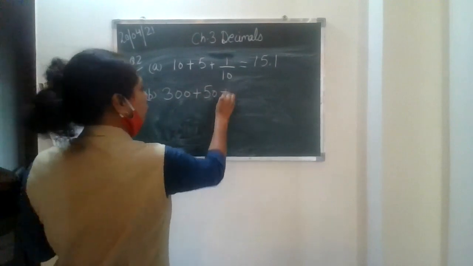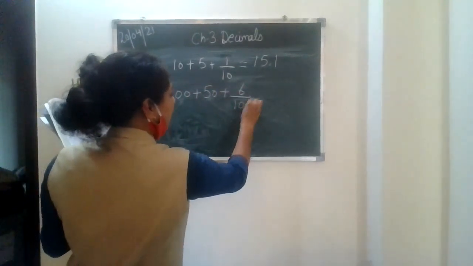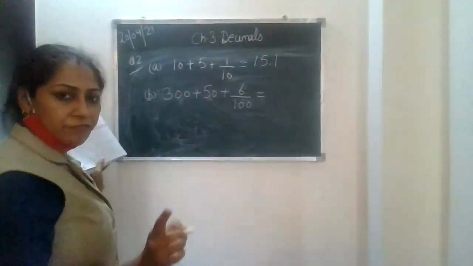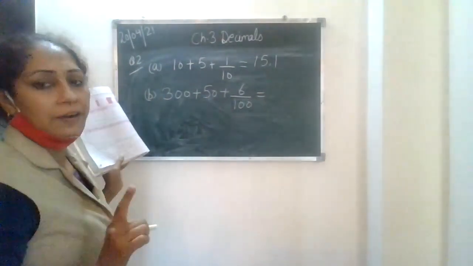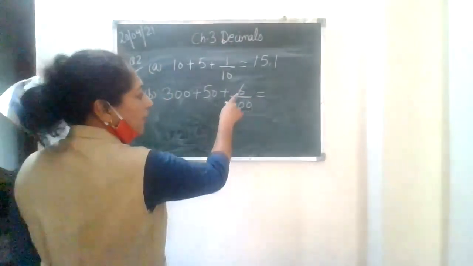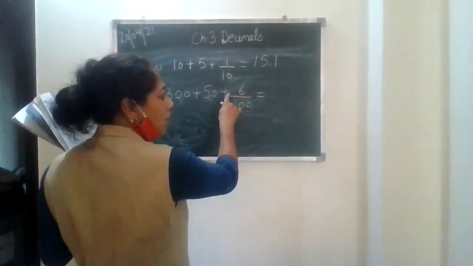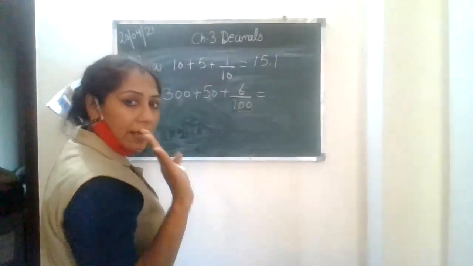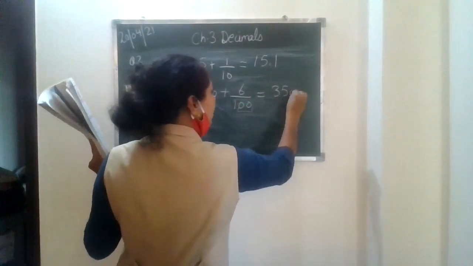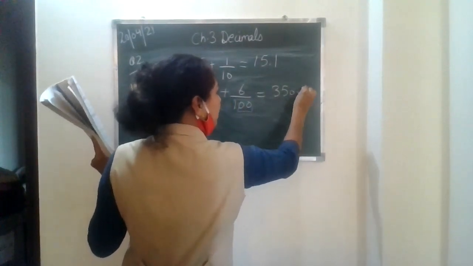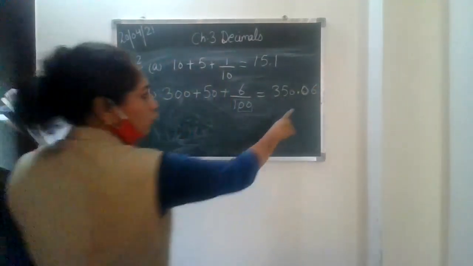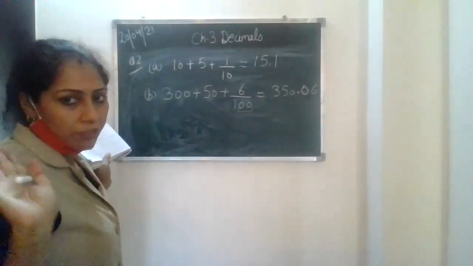Now the B part, see here, 350. Observe it very carefully. 6 by 100. How is the number going to be calculated now? 300 plus 50 is 350, plus 6 by 100. Now 100 has two zeros, which means you have to place the decimal before 2 numbers, but here there is only 1. So you will place a 0 and you will accomplish the parameter of placement of decimal. So it is 350.06. See, 2 places before. I have put it. I have qualified that criteria.